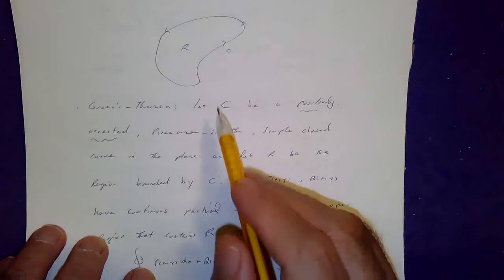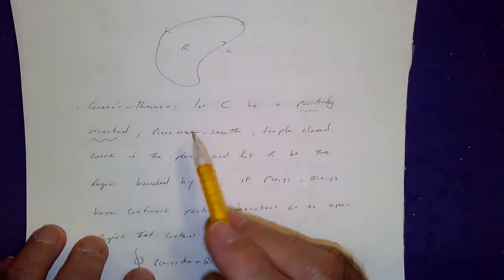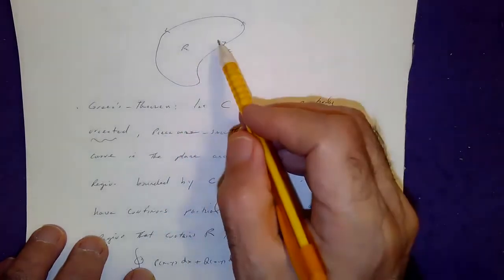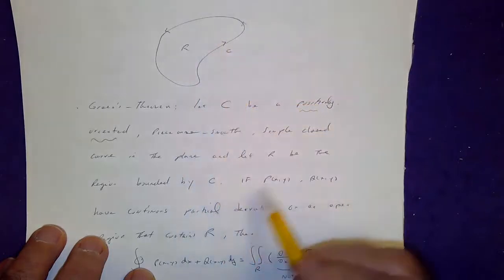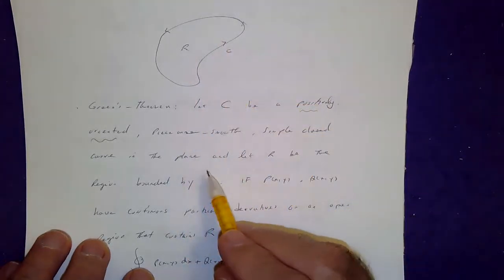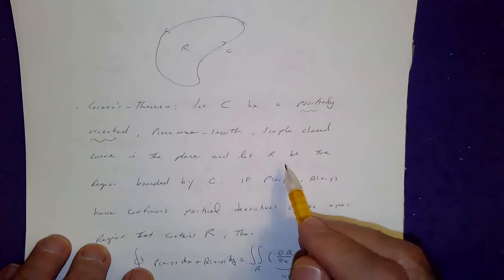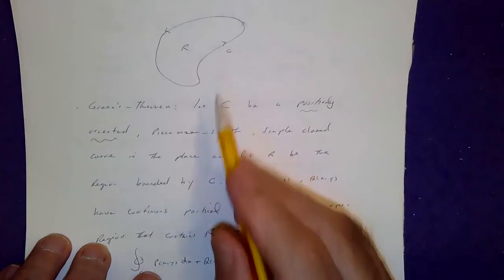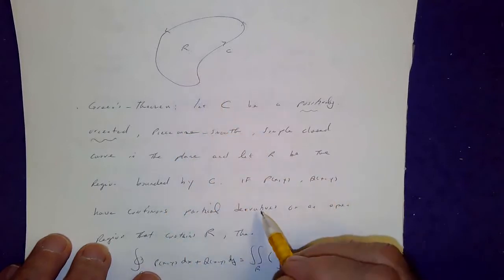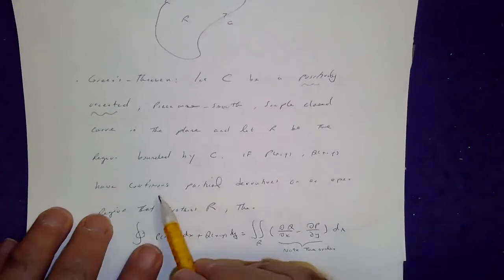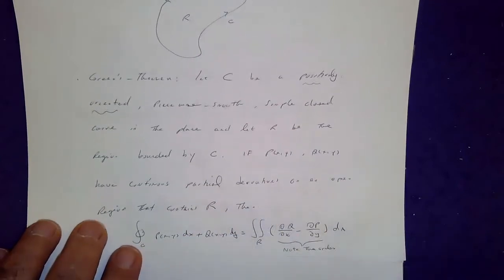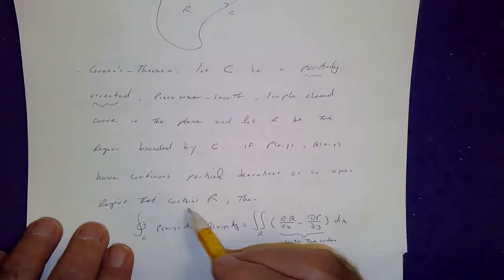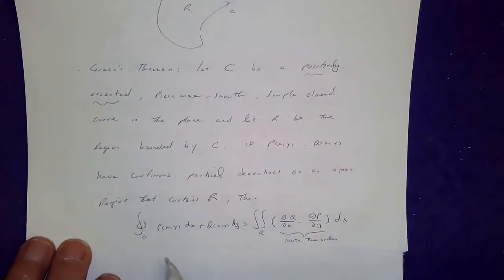Piecewise smooth means there are no sharp edges anywhere. Simply closed means the curve doesn't intersect itself in the plane. And let R be the region bounded by the curve C. If P and Q have continuous partial derivatives on an open region that contains R, then here is